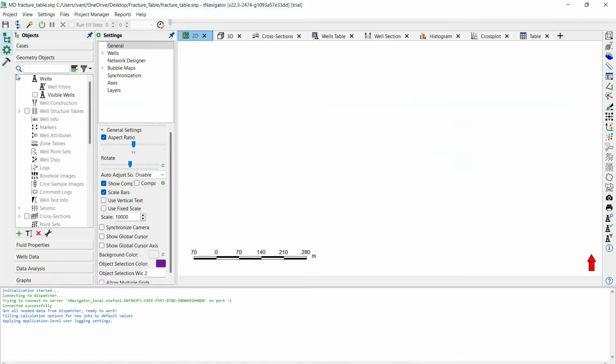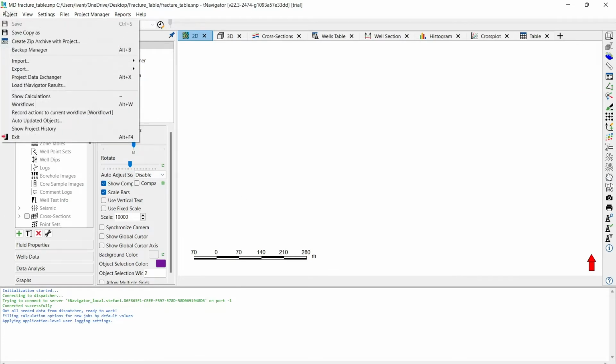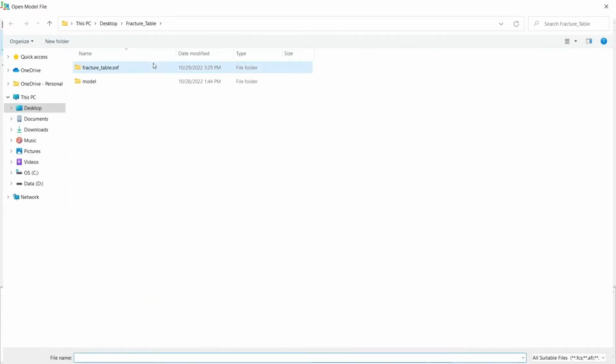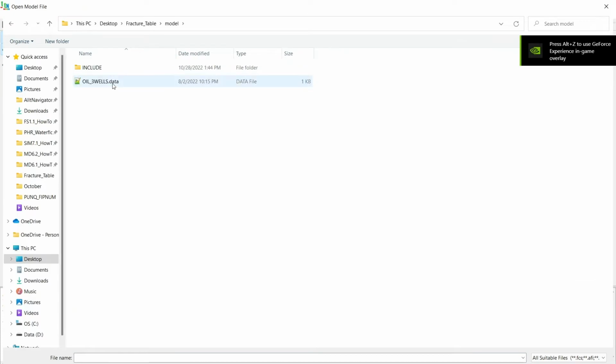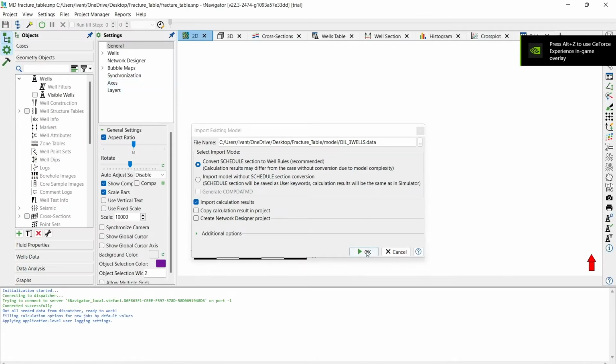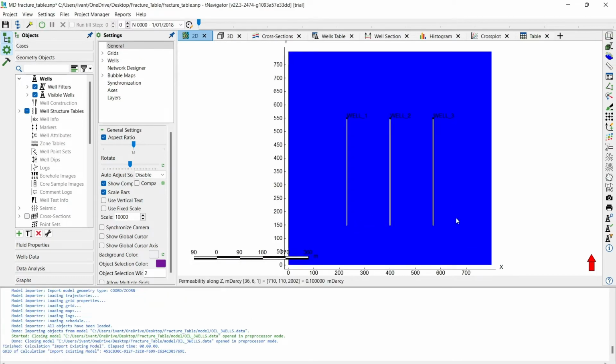Now it has opened the new file of Model Designer. I'm going to load the initial data by importing the data from an existing model here, and I'm going to convert the schedule section into well rules. Okay, then I have three wells here,